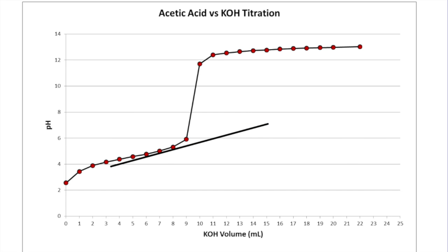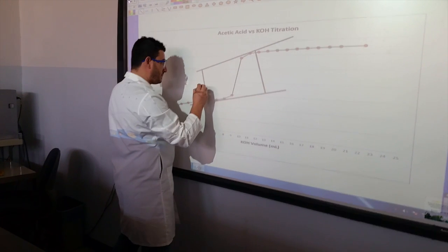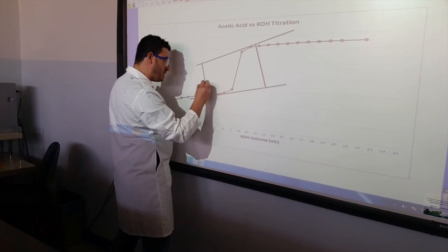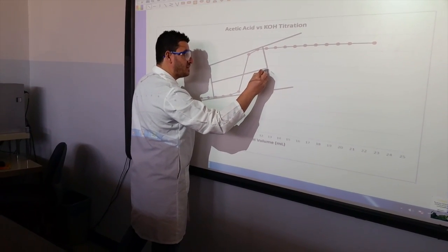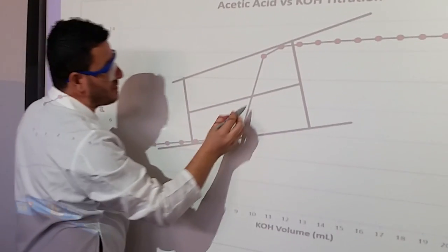And then you take a parallel line to it, which is going to be something like that, okay? Then you take 90-degree lines from both sides, also 90 degrees, so they're going to be parallel to each other. Then from the middle of the first line, you connect it with the middle of the second line, okay? And this is going to be your